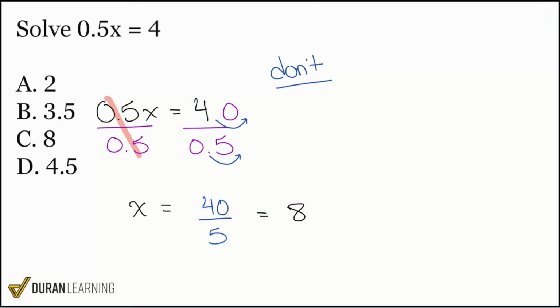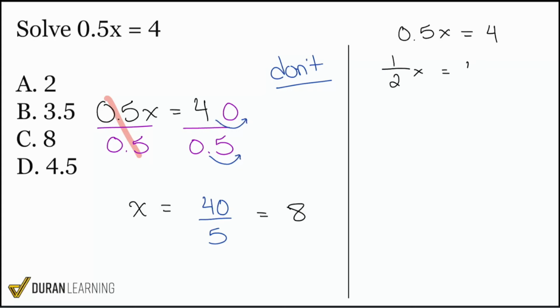So let me go ahead and just make a little more room by writing a little barrier. And now I want to ask you this. Let's take a look at 0.5x equals 4. Everybody, what is another way of reading 0.5? What's another way of reading that? Who knows? Yeah, half. 0.5 is the same thing as saying half. You can write it as half x equals 4, or you can write it as x over 2, so half